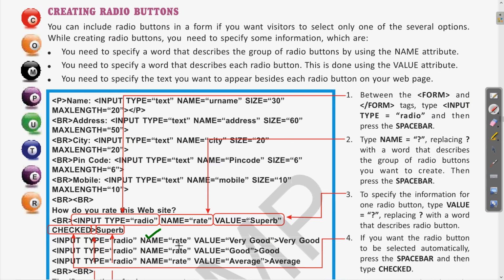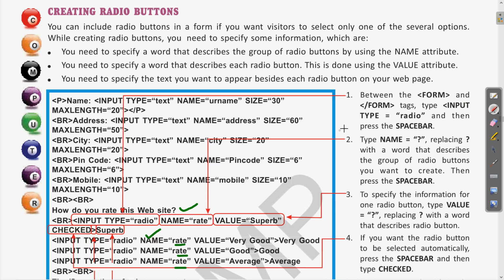Clear? So here you can see all of these have the name as rate, because the question is something related to that, like how do you rate this website. So if you are visiting any website where you want to give ratings, this is done by the radio button.